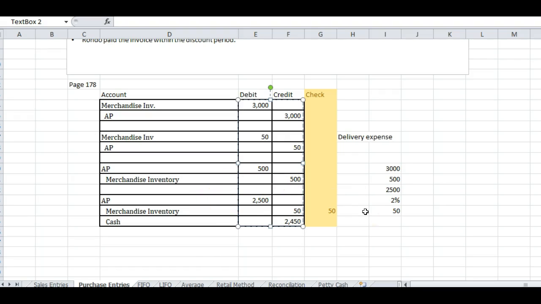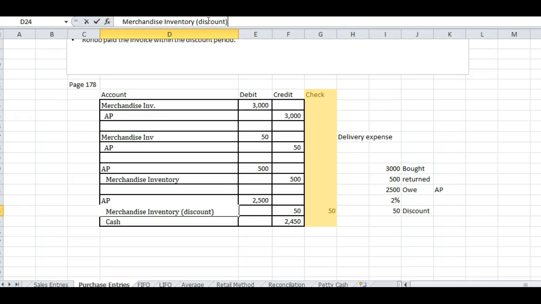And now they're going to pay the merchandise bill, okay? They bought 3,000. They returned 500. They owe in AP $2,500. They get a 2% discount, so their discount is $50. That's kind of the reverse. First of all, we know how much we're taking out of accounts payable with a debit. We know what the discount is, that $50. We take that directly out of the merchandise, and that's $50. And that leaves, to balance it out, we're going to pay $2,450